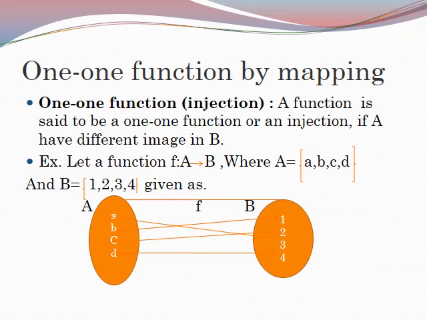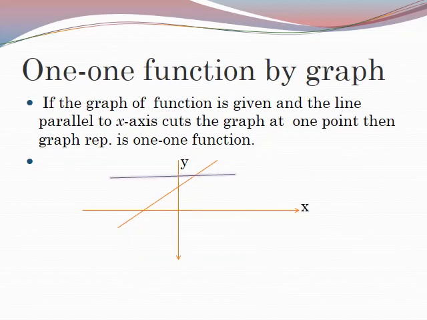Now 1-1 function by graph. When a graph of any function is given, then to check whether the graph represents a 1-1 function or not, we have to draw a line parallel to the x-axis, and if that line cuts the graph at a single point, then we say that the given graph represents a 1-1 function, otherwise not. Just see the graph onto the screen. It is clear that here the line parallel to the x-axis cuts the graph at only one point, so that's why this function is 1-1. Now next,